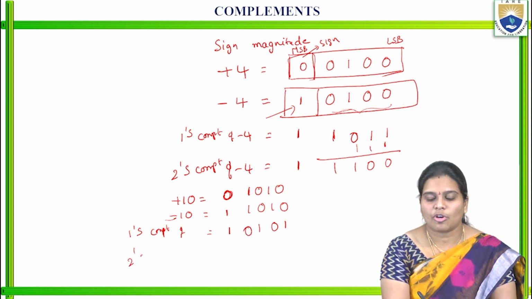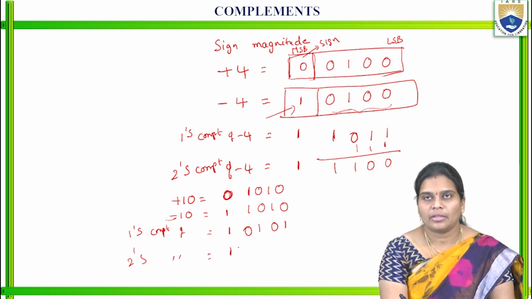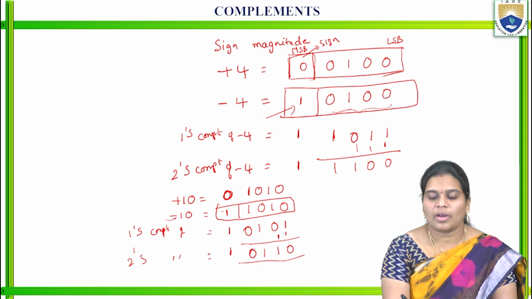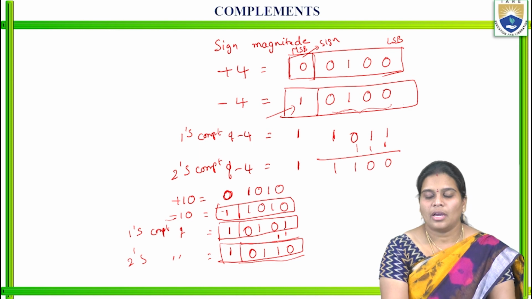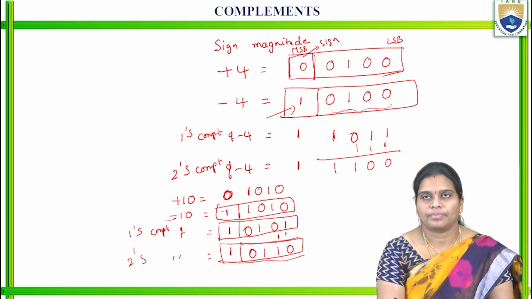Again we are applying the 2's complement of this one. Same sign here we are writing. So here we are applying the 1's complement, adding the 1 in the LSB bit of that 1's complement. 1 plus 1, 1 1 0 1 1 0. This is the 2's complement. So in each and every value, the sign bit is the same value, only we are changing the remaining magnitude values. We are applying either the 1's complement or 2's complement. This is the sign magnitude representation.